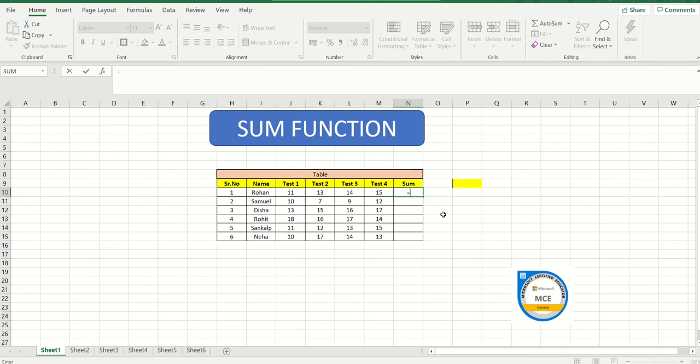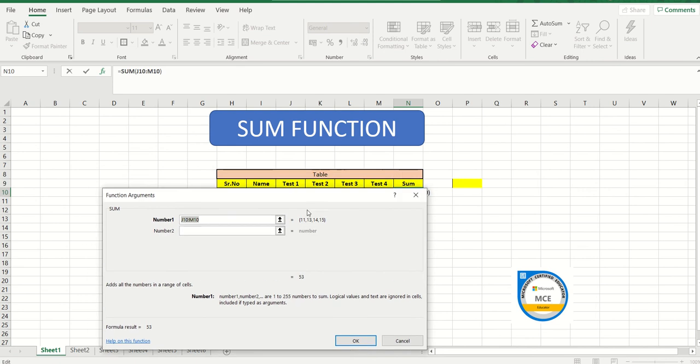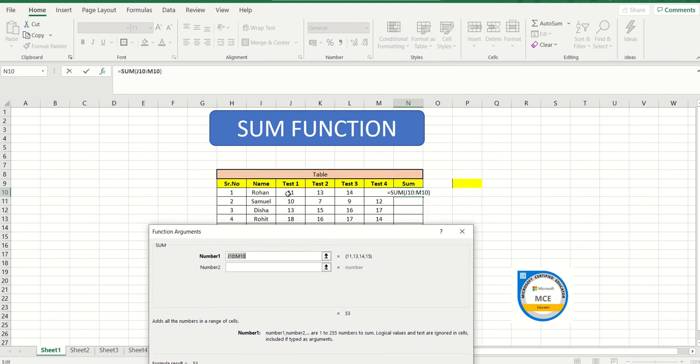I am going to tell you a shortcut today. Either you can type in the word sum and then go through it, or else on the extreme left hand top, can you see these various functions, the sum? So you will be selecting sum from here. Now this is the range which is going to pop up in front of you. Now what I need to do is select the range. You can see that the moment I have selected this cell, it has become activated and there are green lines running across. I would like my data to start from 11 and it is going to end at test 4. So it is J10 till M10. How J10?